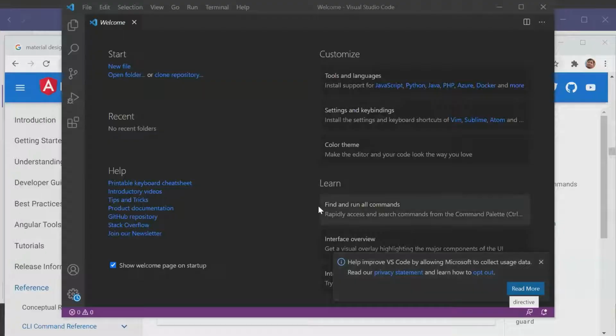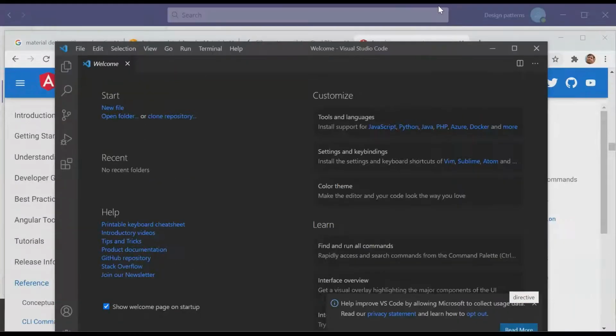Hold control and then select multiple. Okay. Let me know if it is visible to you. Yes, it is visible. Okay, let me move this a little bit down.